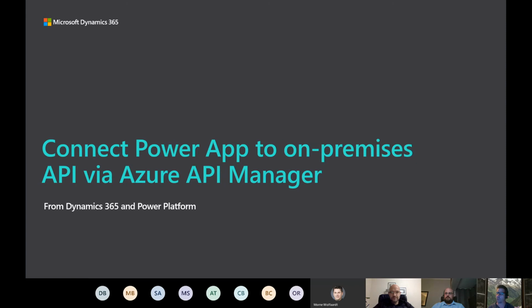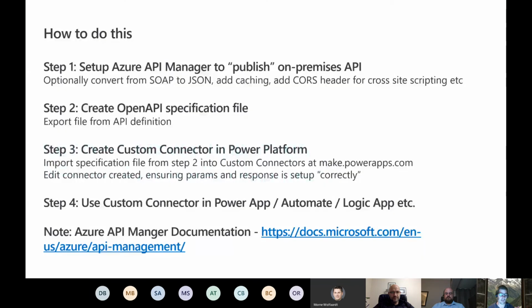I'm not going to go through all the detail of how it works. I'm going to give you a few little screenshots. And hey, if you want to connect to me offline to know more detail, or if you want, I can share the detailed steps I can go and do this. And essentially, it's a 4-step process.